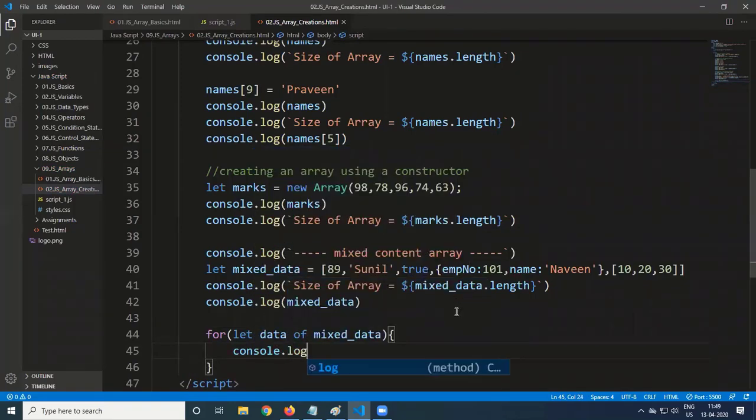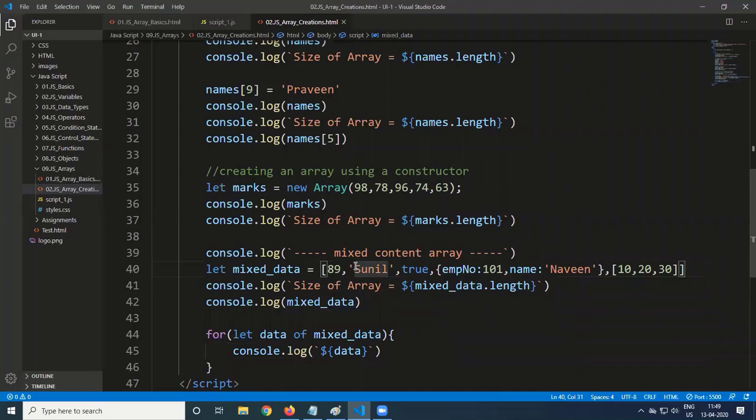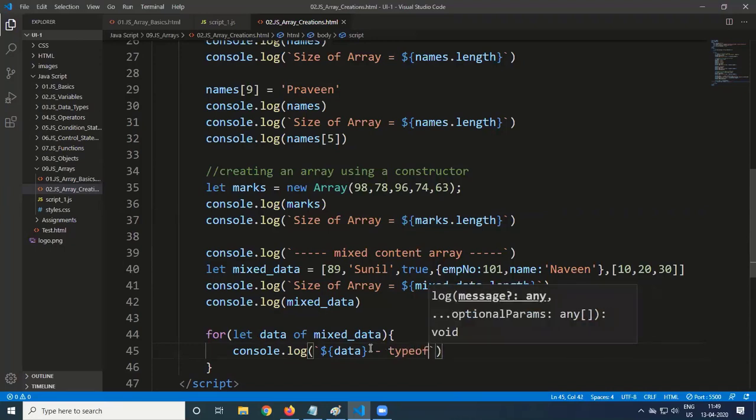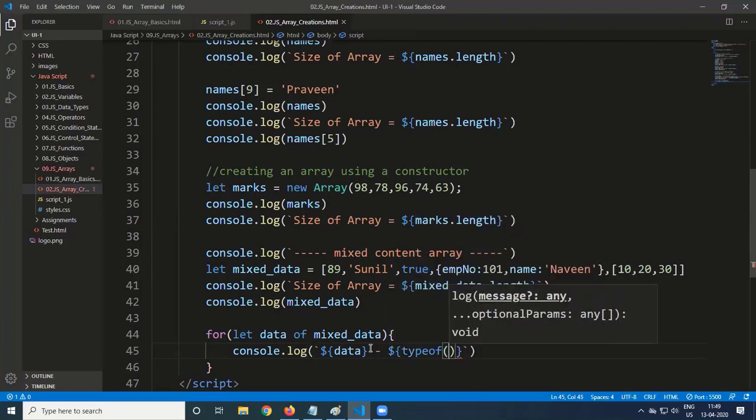So console.log, we want to display data. What is the data? First data is nothing but 89, second data is Sunil, third one is true. Along with that, we want to display the type also. So typeof data. What is the type of data?